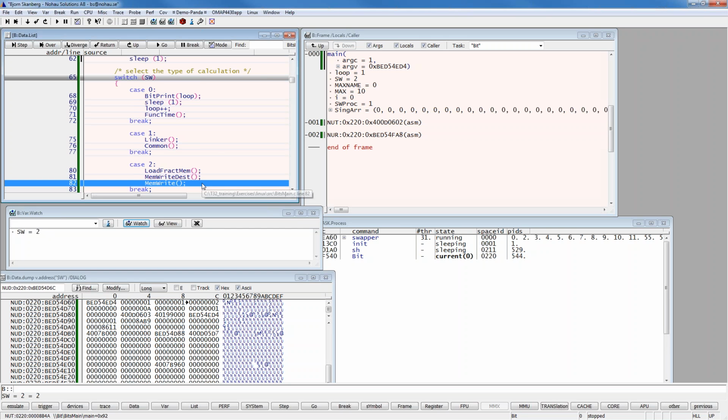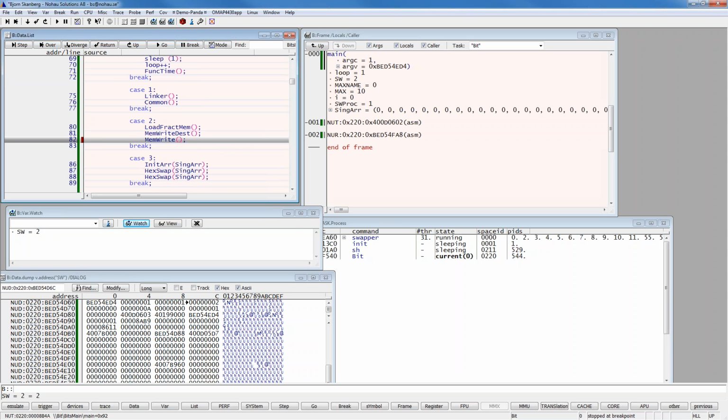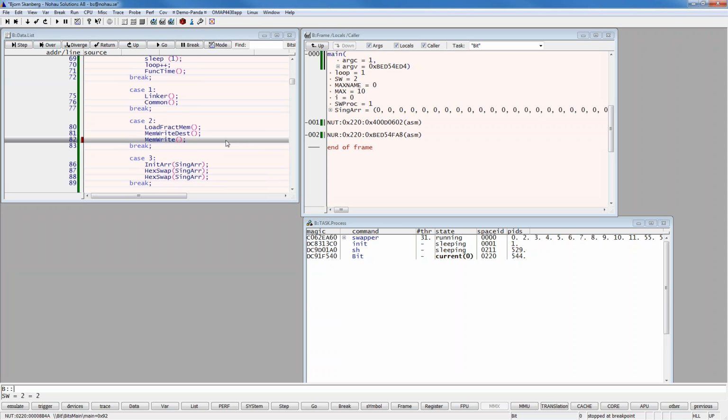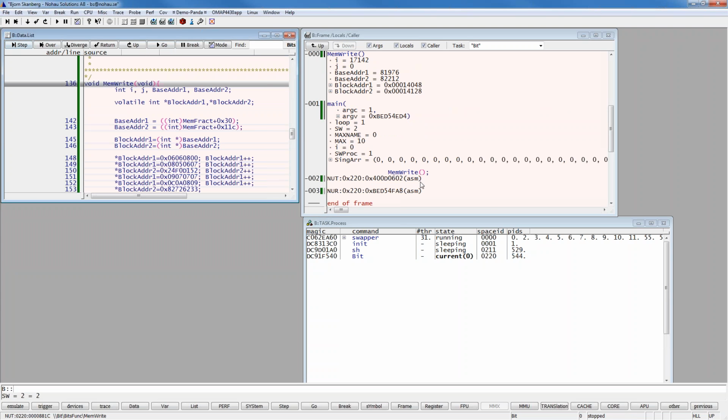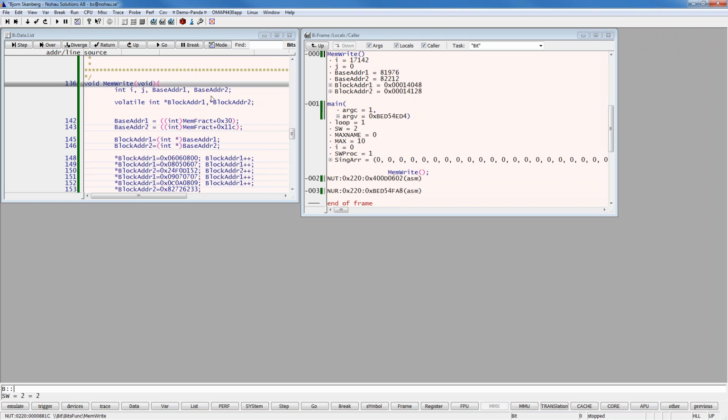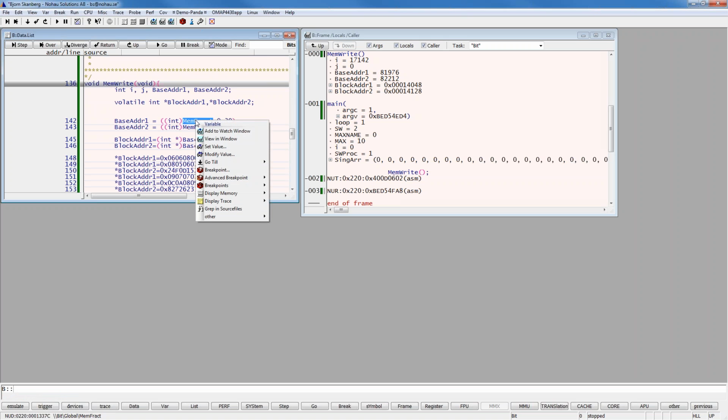So if I put a breakpoint at MemFrak, let's go there, and let me just remove some windows to make it a little bit easier to see. So we will be looking at MemFrak now. MemFrak is a pointer. So we can right click on MemFrak and say either display dump, so display the value that MemFrak is holding, but because it's a pointer, it will be more useful to display the value of where the pointer is pointing to. So indirect dump,